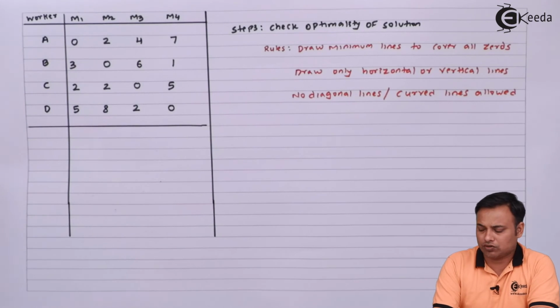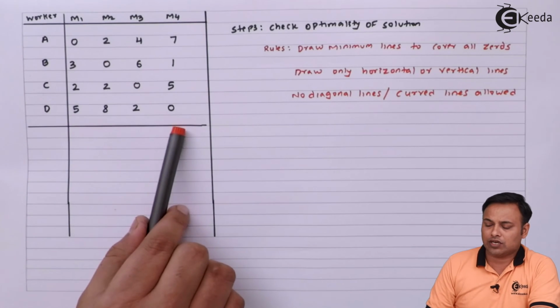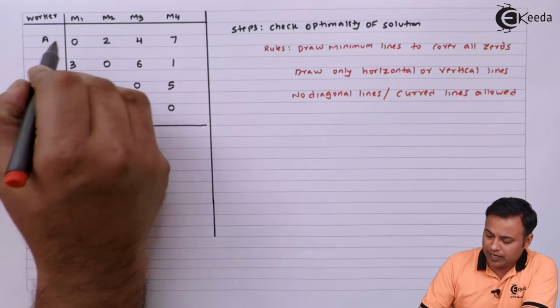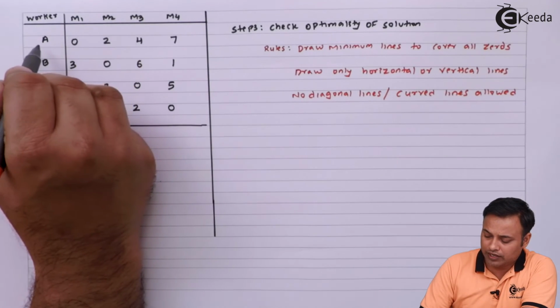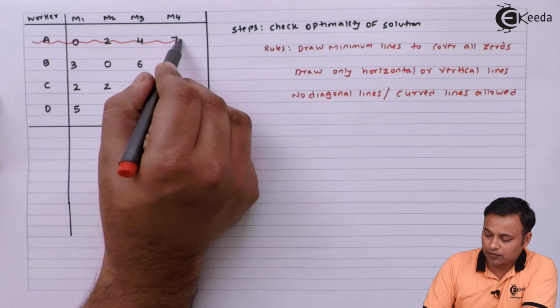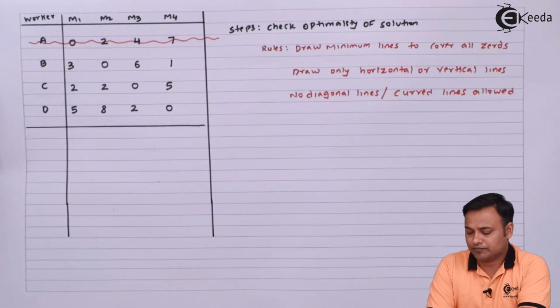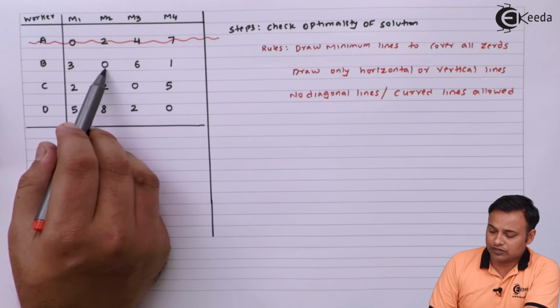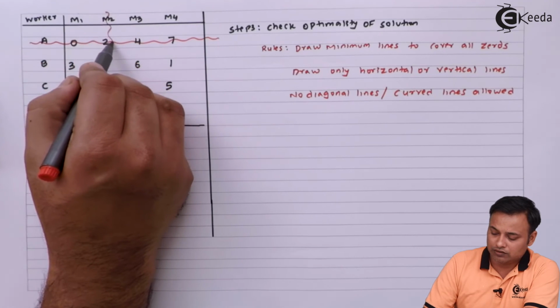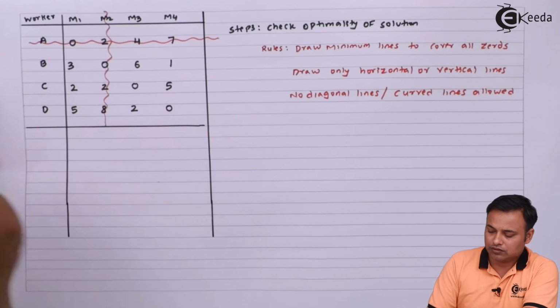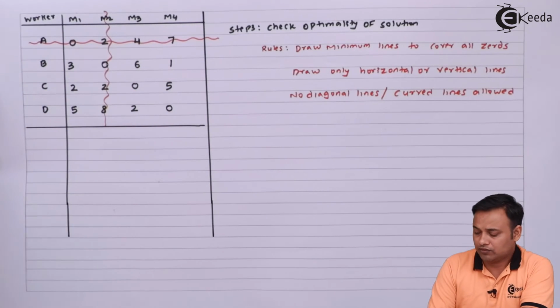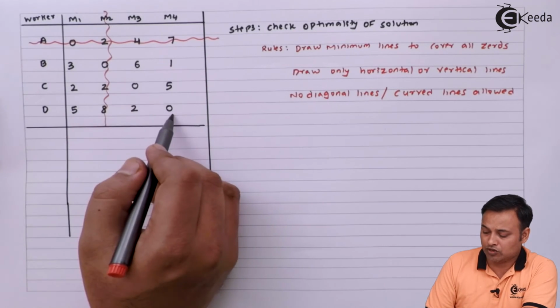आपके पास 4 zeros हैं, चारों डायगोनली हैं, तो मैं पहले जीरो के ऊपर से लाइन ड्रॉ करता हूँ। ये मेरी फर्स्ट लाइन हो गई। Then for the second zero I will go vertical. सेकेंड जीरो कवर हो गया, और एक जीरो बाकी है मेरा, ये भी जीरो बाकी है।